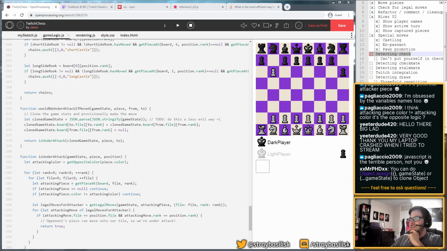Okay. Does that do a deep clone? The game state contains a nested array, and then there are objects inside that array. I guess I could just make a little clone function that recursively does Object.assign on all the properties. I guess that's how you do it. I probably should just put in a library that will do that for me, but this would be okay for the king moving, basically, but we need to be able to say, would the king be under attack if any given piece moved?